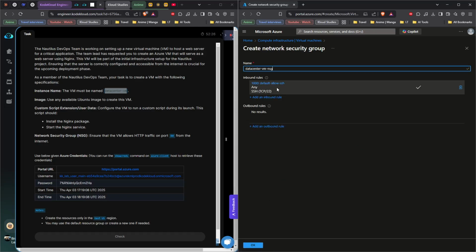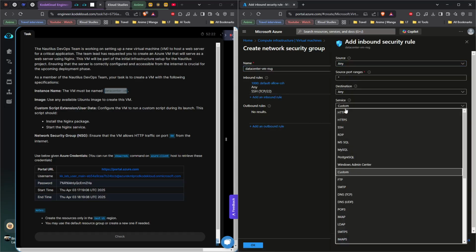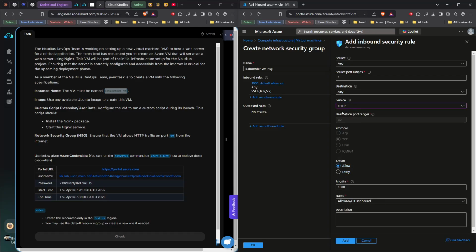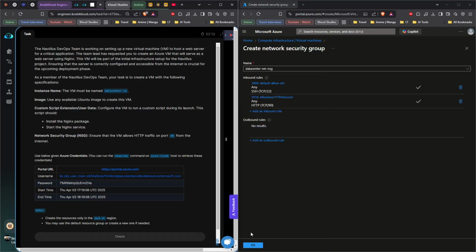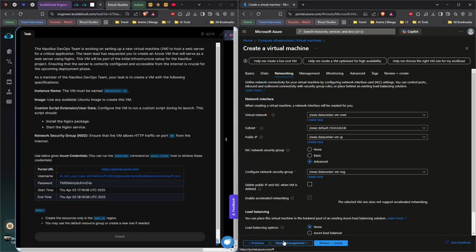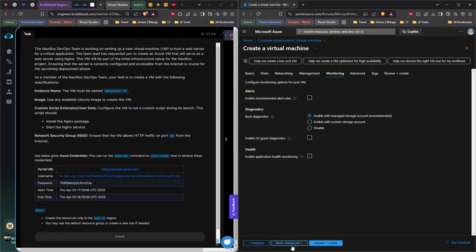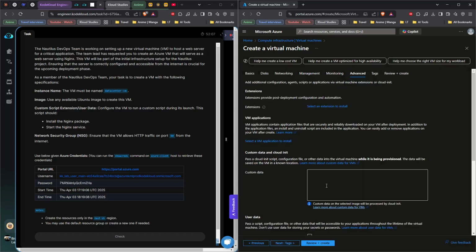We can leave the standard rule here, the default SSH rule, and we're going to add a rule that allows HTTP, destination port 80. So we'll add that. Click OK. Keep going until we get to the advanced tab, and then we'll add our script here to do what the task asks. So it's shebang /bin/bash,